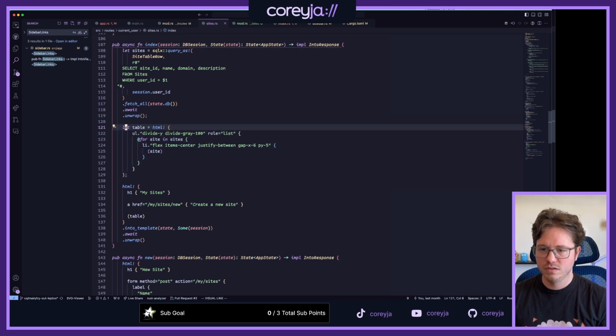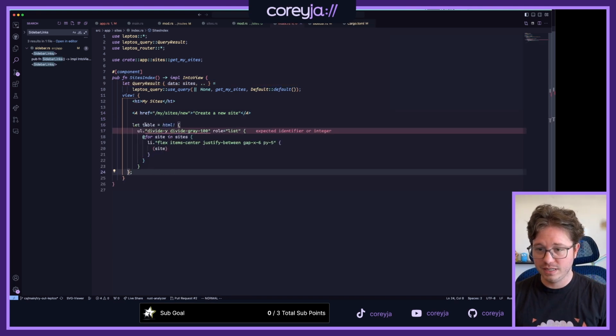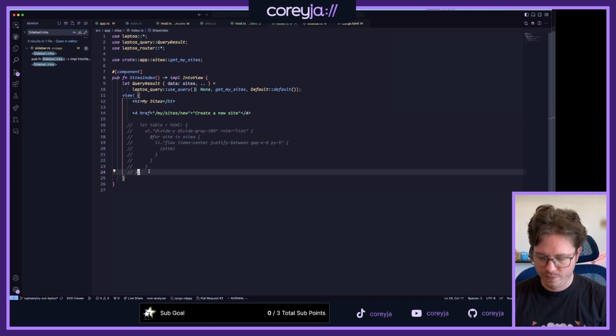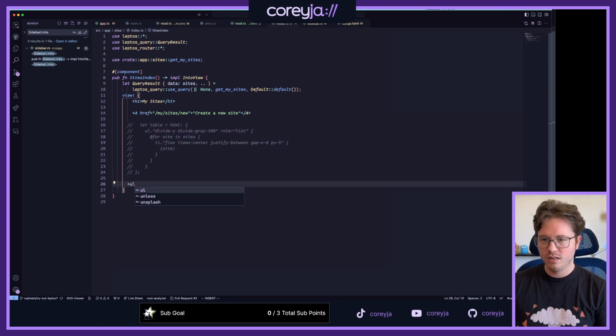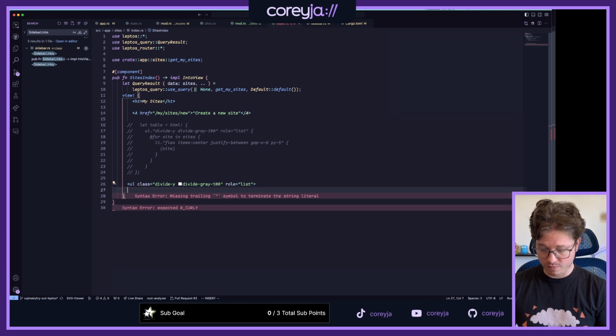Okay, so we had the table stuff where I have let table equals this, so it's not really like a table, which is fine. I'm just chatting. That's really just a comment. That's not really useful on its own. But we have a UL. Yep, love it. For sites in... I think I want to use the actual For component here.